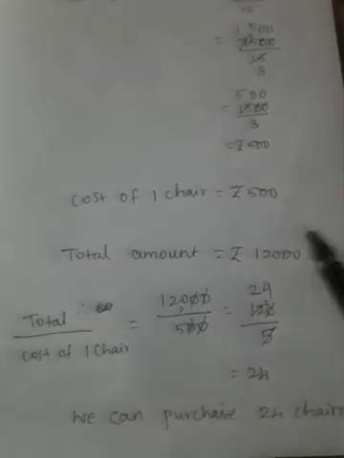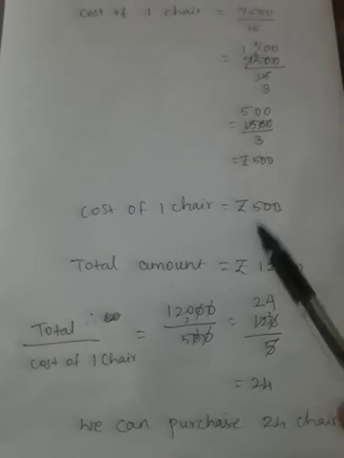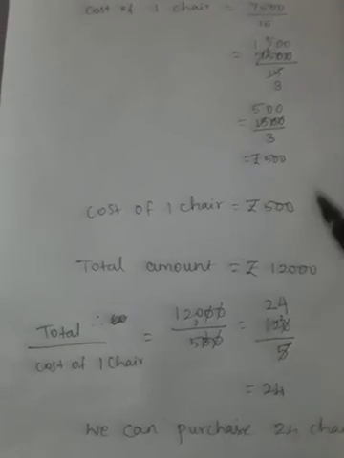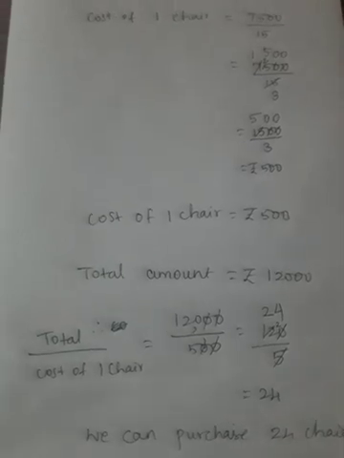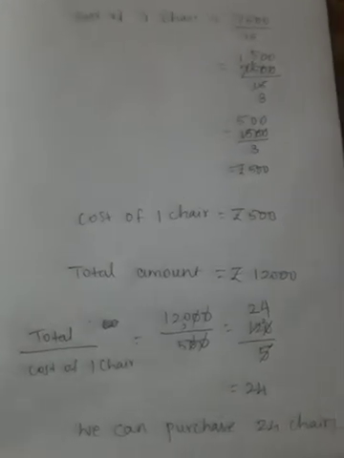You all understood? Here both are rupees, both are the same category, so do the division. If one is rupees and the other is the number of chairs, do the multiplication. Simply remember like this, then you will feel it is easy.